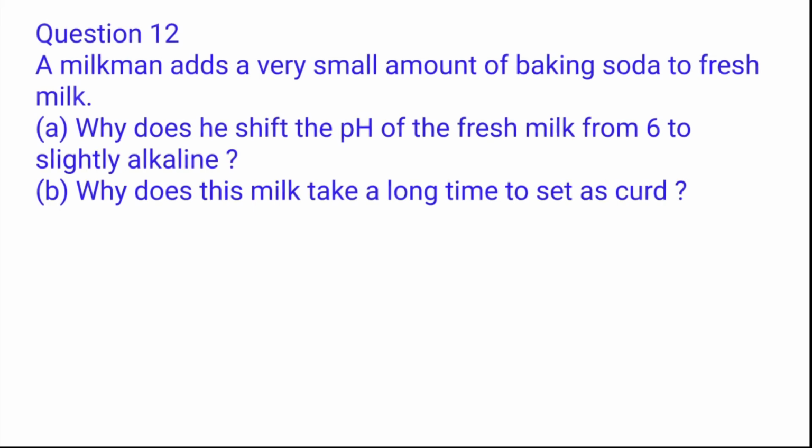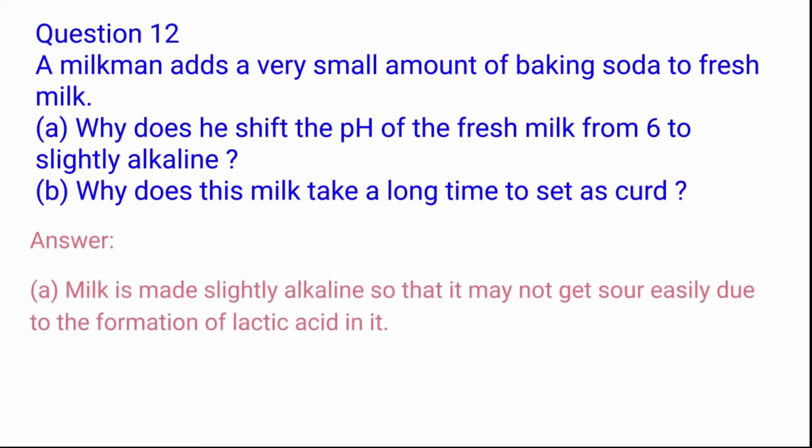Question number 12. A milkman adds a very small amount of baking soda to fresh milk. Why does he shift the pH of the fresh milk from 6 to slightly alkaline? Why does this milk take a long time to set as curd? Answer is